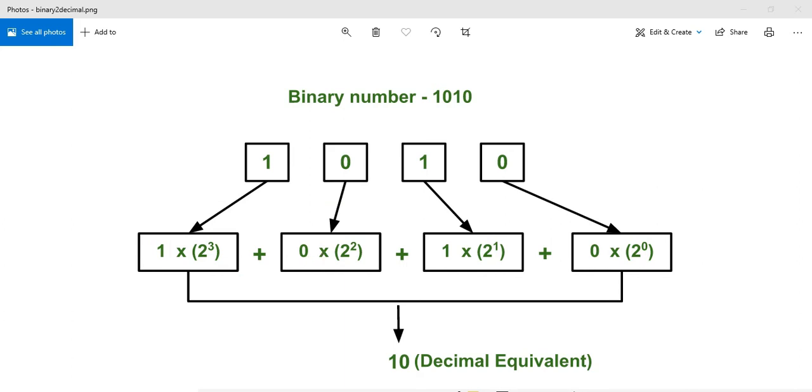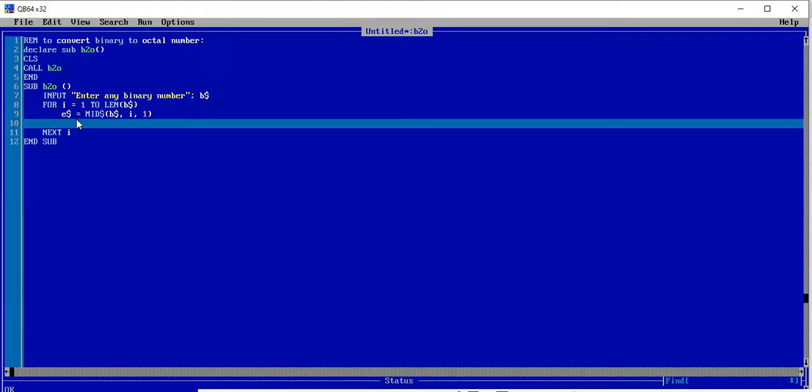Moving to QBasic. Let's go here, and first we have to convert the binary number into a decimal number. D equals, and each bit is stored in a string variable. So first we have to convert that string data into numeric data by the VAL function. VAL will convert the string number into the equivalent number.